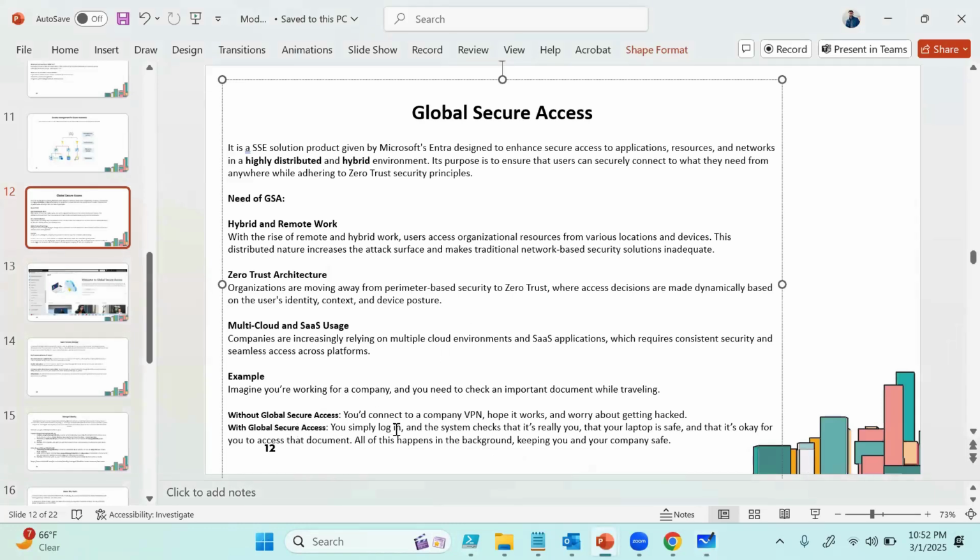So with Global Secure Access, you simply log in and the system checks that it's really you, that your laptop is safe, and that it's okay for